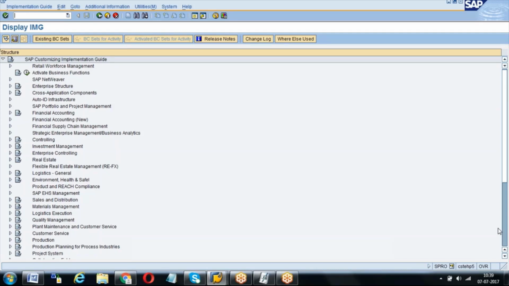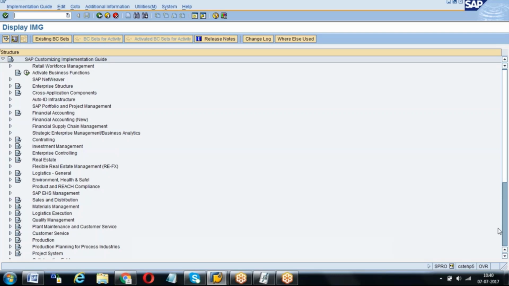Stock transfer means we use transfer posting for plant to plant, 301, and for storage location to storage location, 311. These two we also use as a transfer posting in MIGO, but ideally those are called stock transfers because there is a physical movement. One plant is available in Chennai, another plant is available in Sriperumbudur. Because you are using the same movement type for both. Exactly, we use the same thing. That's our understanding.